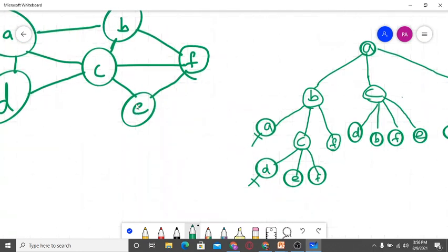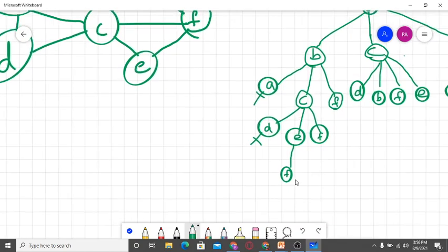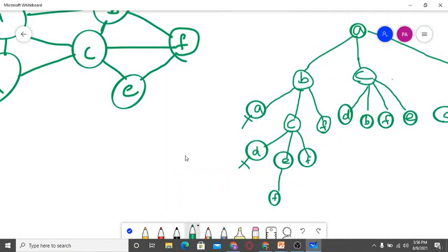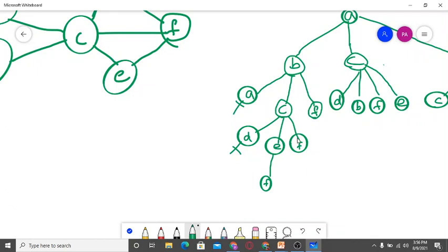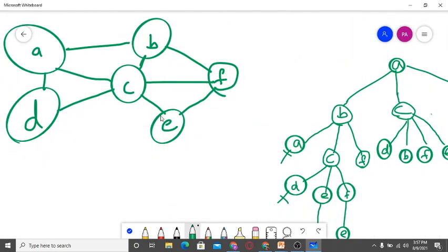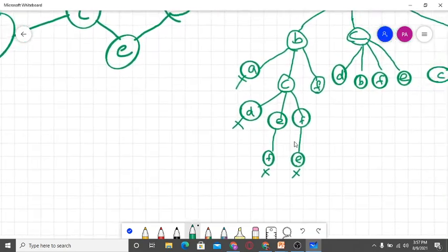Next, from E I can go to C or F. E is already here and C is completed, so we don't need to visit that; we can take F directly. Next, from F I can go to C and B. B and C are already finished, so the last remaining one is E. After F comes E, which is already here, so this is a dead end and it stops here. We cannot continue in this graph. Here we are not getting a success